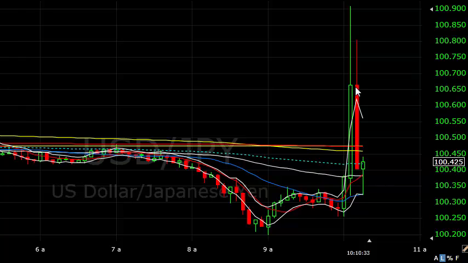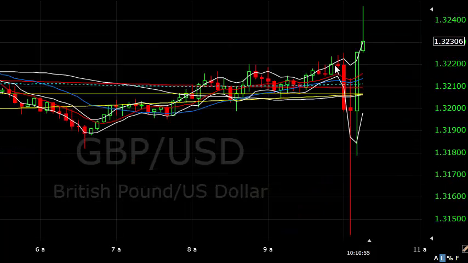So you'd have thought that this would have carried on through, but the warning signs were there. Warning signs, big spike here, not a close near the high. It doesn't have to be right at the high, but a close near the high. So leaving a big upper wick there just gives you that bit of caution. The pound's done a big reversal, euro's done a big reversal. I have to respect that, and so I think that was the right thing.